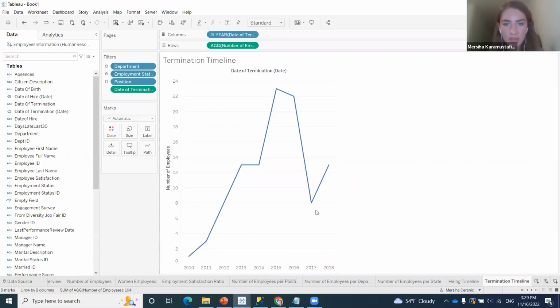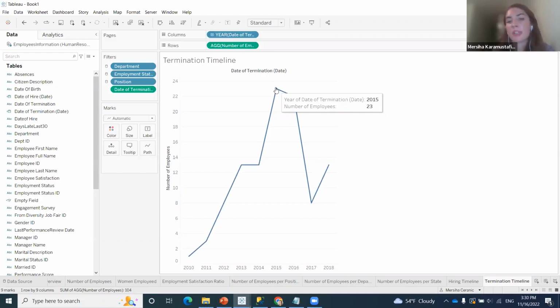For example, in 2017, 8 employees left the company, and we see here that in 2015, the highest number of employees left the company, 23. So by just scanning this visualization, we have some pretty good insights